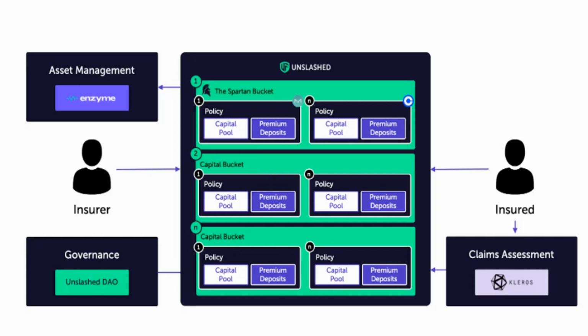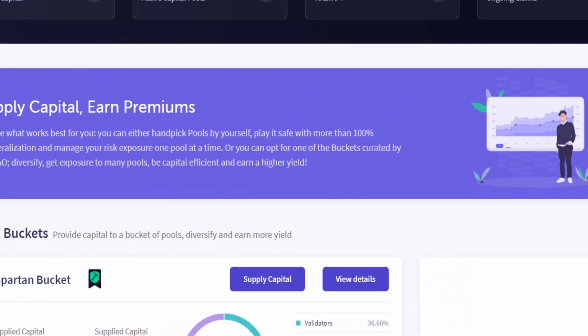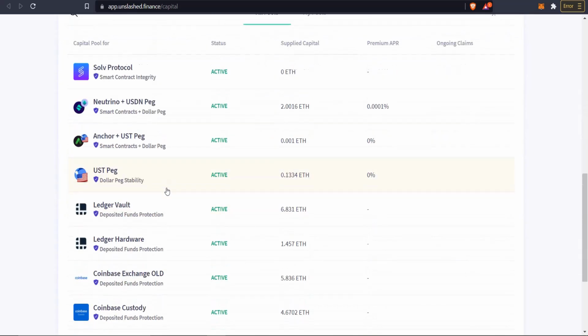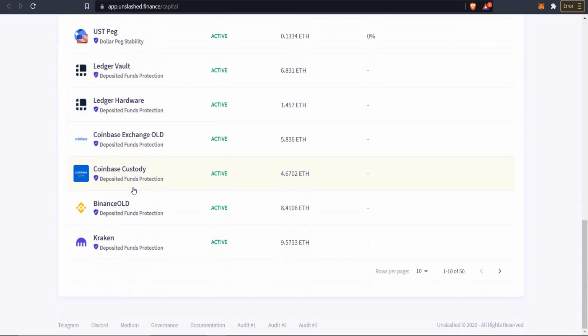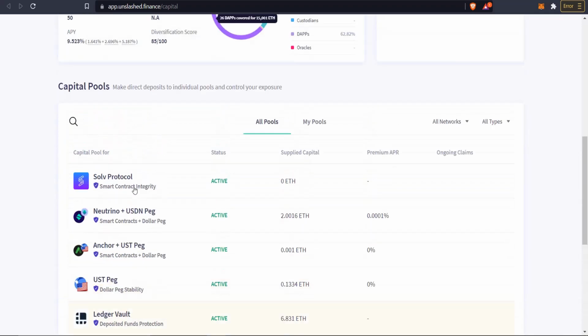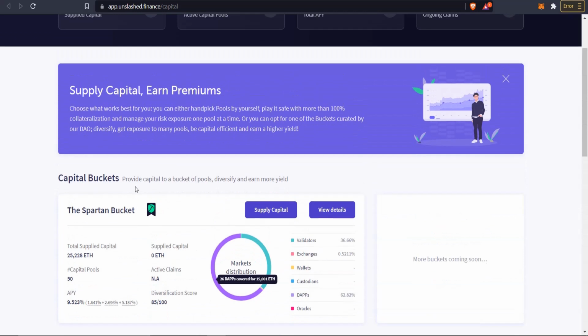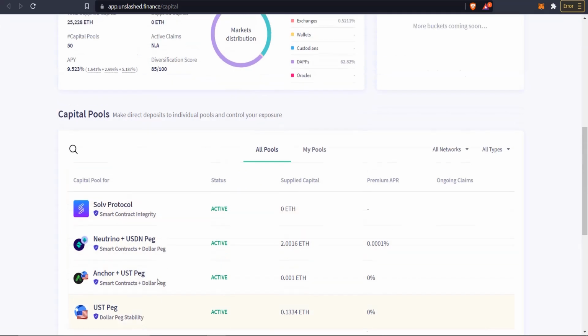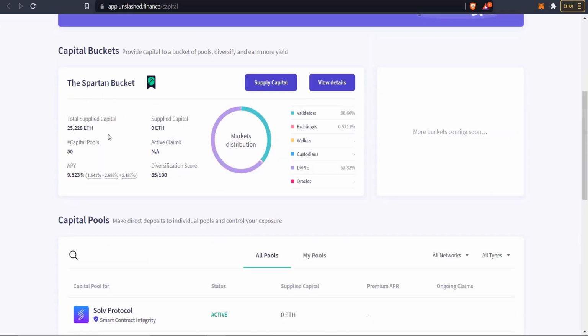If we go over to here, we can see supply capital. We have what's called the Spartan bucket, or you can focus your capital on specific aspects that you want to provide insurance to. So what does this mean? Let's say I have a whole bunch of ETH and I just want to get some APY on it and spread my risk across several things. Instead of coming in here and choosing a bunch and saying, I want some ETH here, some ETH here, some ETH here, I can just supply to this Spartan bucket, which is like